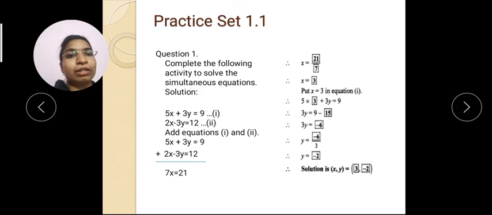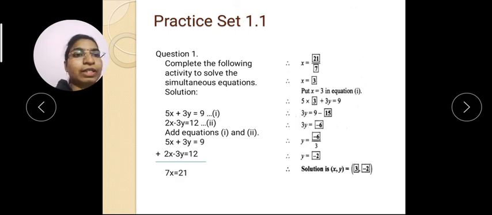So listen students, you have to write in the exam from the solution. So this simple activity I am explaining first. It is compulsory, you can't avoid a single step. Whatever boxes are given in the paper, according to that we have to solve the steps only. You can't skip any step here. Okay, so x is equal to 21 by 7 and therefore x is equal to 3. By simply substituting the value, which method is used here? It is the elimination method.